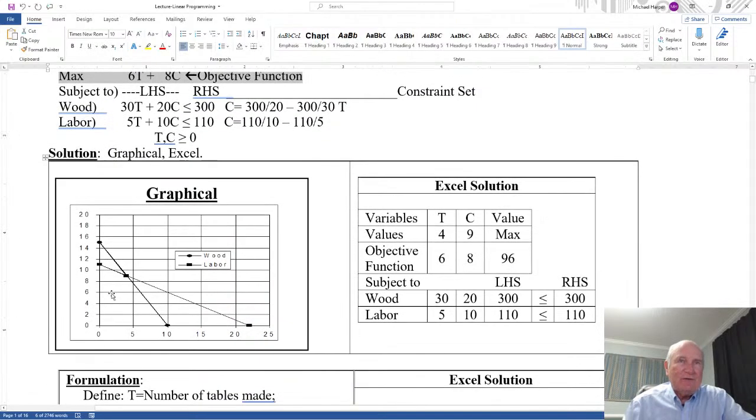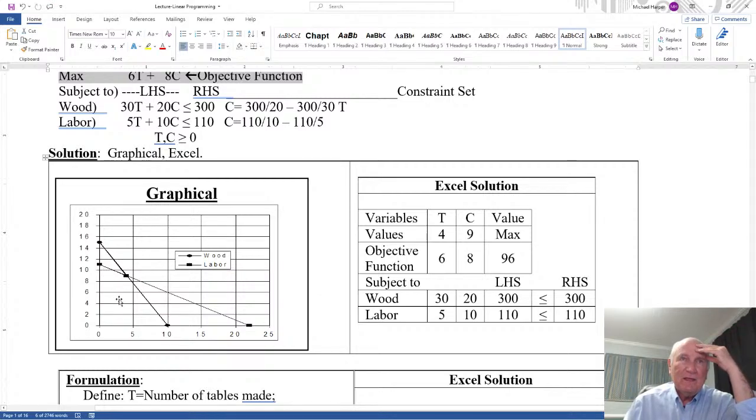And so this graph here shows you how many tables and chairs I can make. What it does here is say, well, what's the maximum number I can make? The maximum number, you're going to go to one of these corner points. One or more of these corner points will be a solution. Okay? Now, as it turns out, these corner points are called extreme points because they're the extreme corners of this